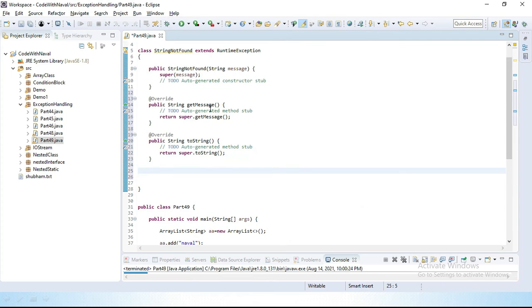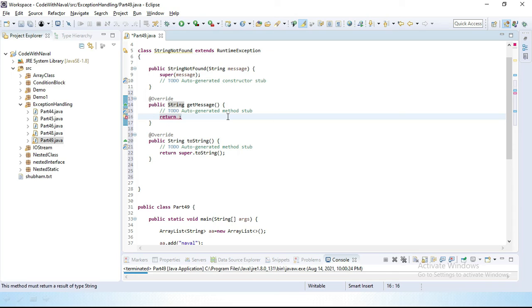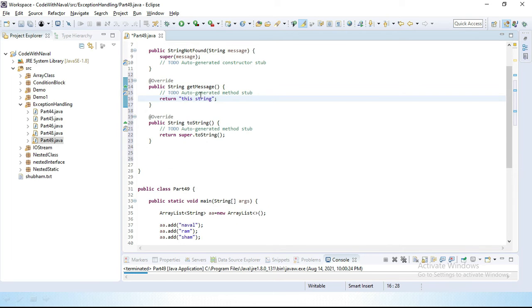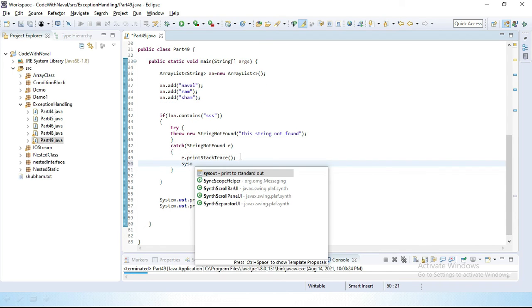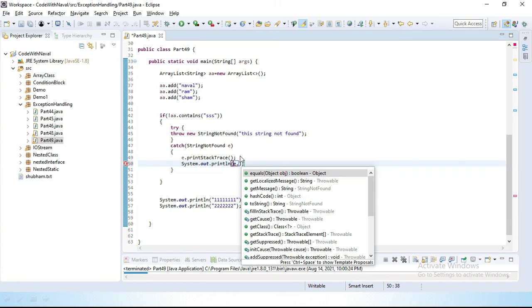We can override those two methods, and instead of super.getMessage, we can add our custom message. Our previous message was string is not found; I'll add a different message here. You can see we changed the message, and here I'll first print the stack trace, then add System.out.println with e.getMessage.